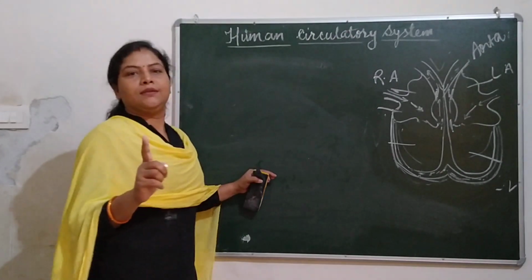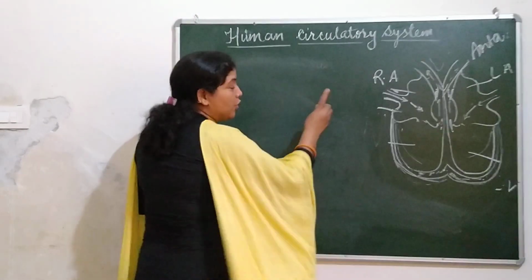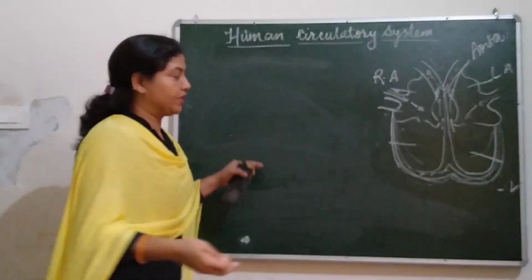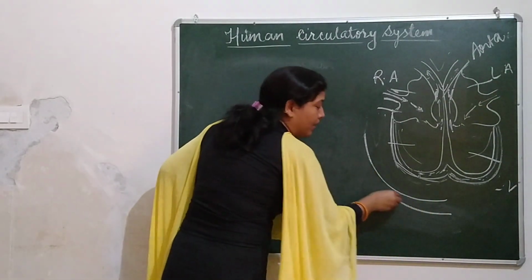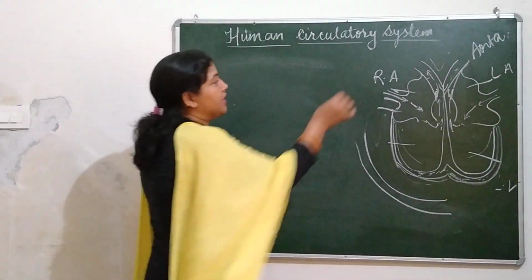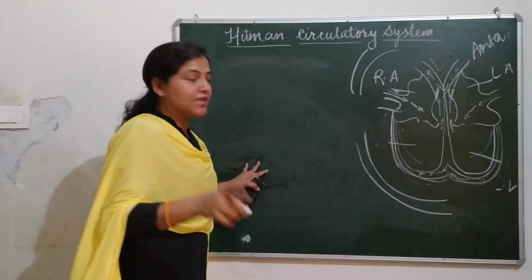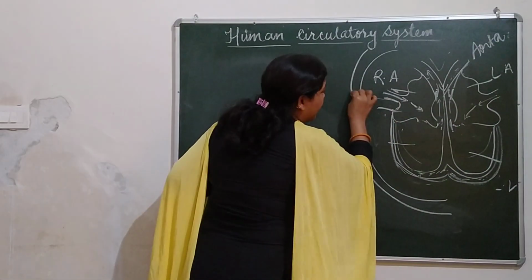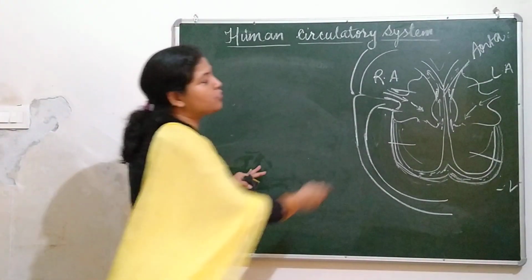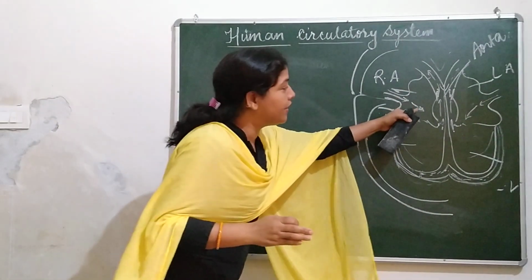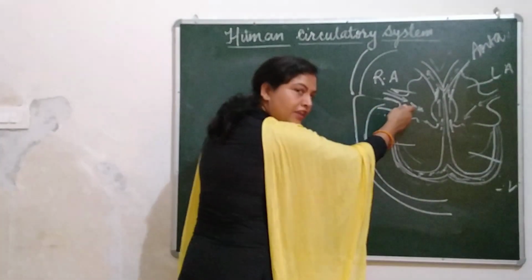There are two veins. These are the biggest veins of our body, which are known as vena cavas, as I have told you. The lower part of the body collects impure blood from the tissues and cells, and the upper part of the body also collects impure blood from the tissues and cells. They both open into the right auricle. It means the right auricle is filled with impure blood.